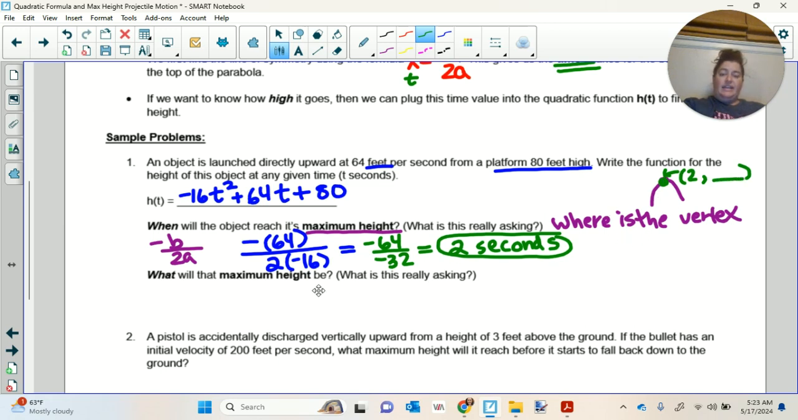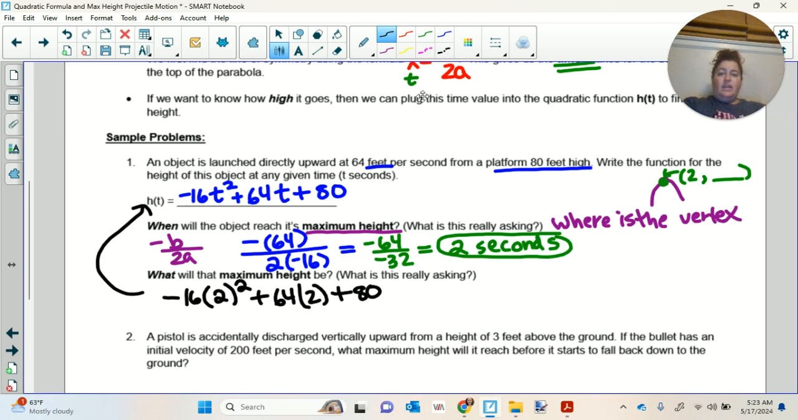There is a y value as well of that vertex point. In this case, it would be a height, h of t. However, we have our full equation. So now that we know our time, t is 2 seconds, all we have to do is plug that 2 seconds into that equation. So if we take negative 16 times 2 squared plus 64 times 2